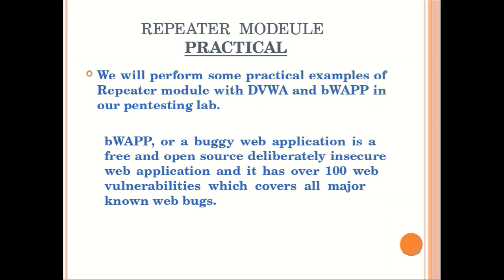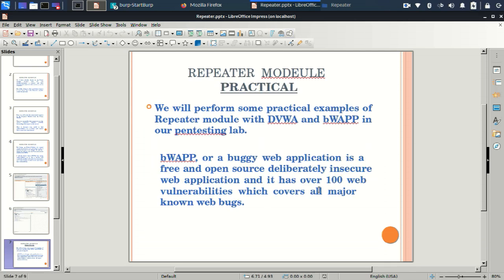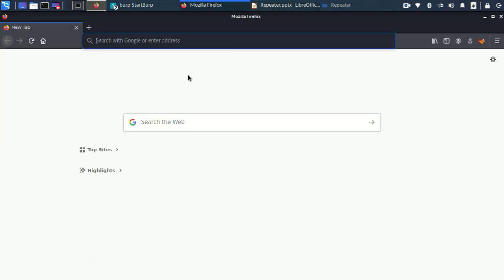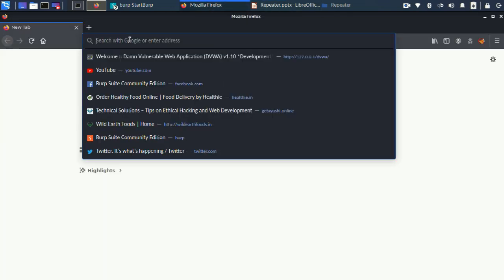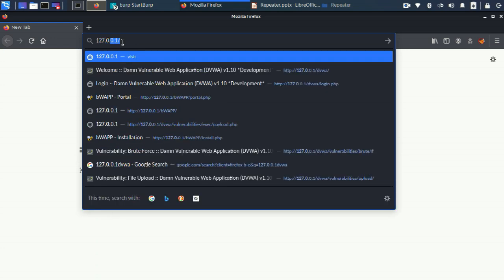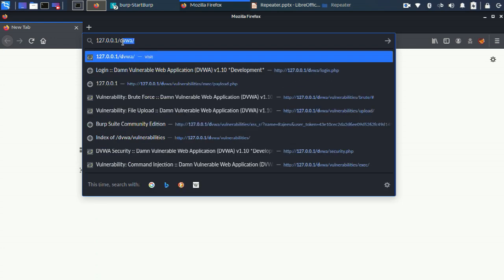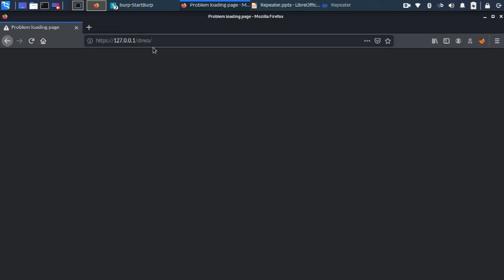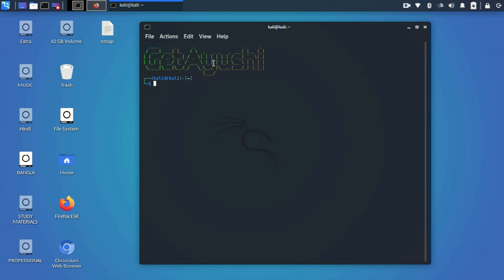So we'll go to the browser and search for 127.0.0.1. But before that we have to make sure that our Apache service and our MySQL server are on, otherwise it will not work.